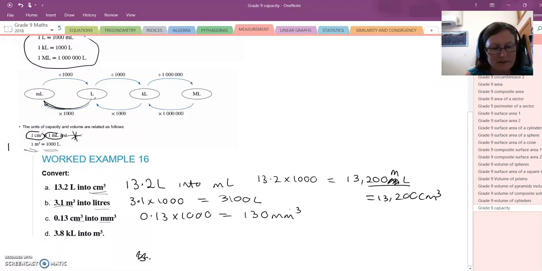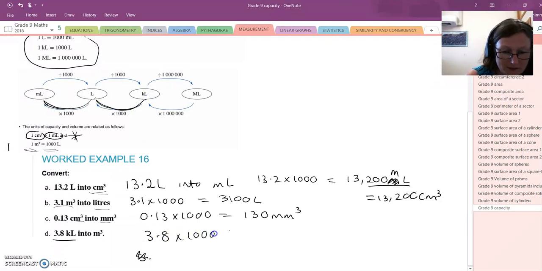How many kilolitres in a metre cubed? Well, I need to work out how many kilolitres make up a litre. So looking at our conversion table, kilolitres to litres I times by 1,000. So 3.8 times by 1,000 gives me 3,800